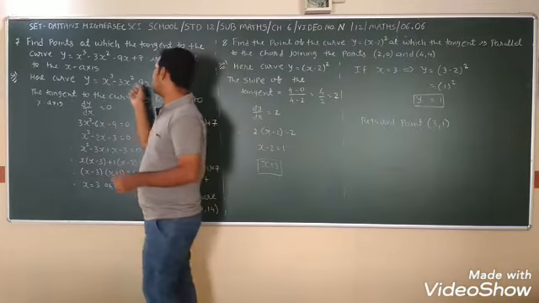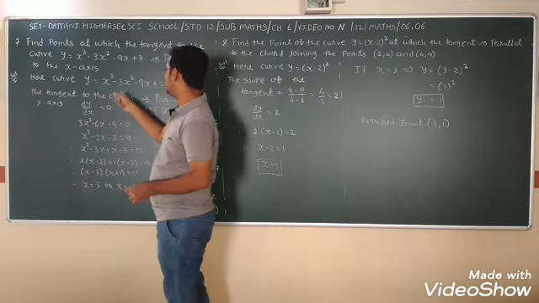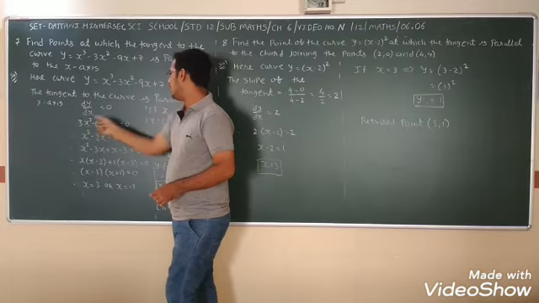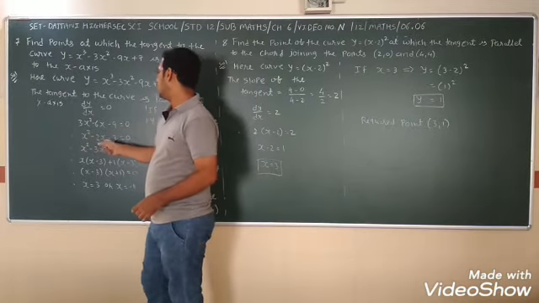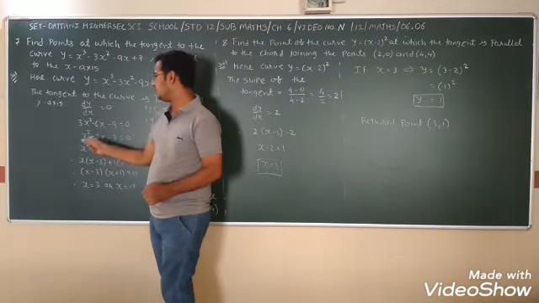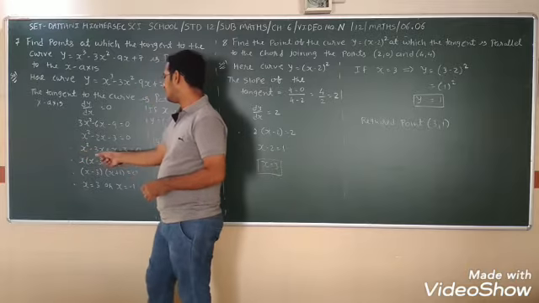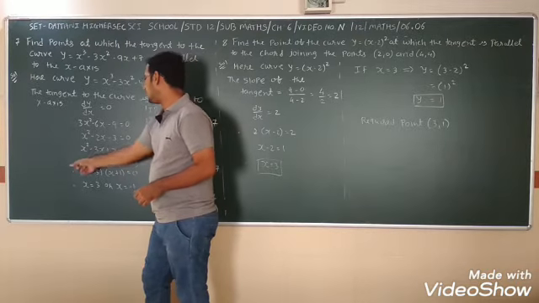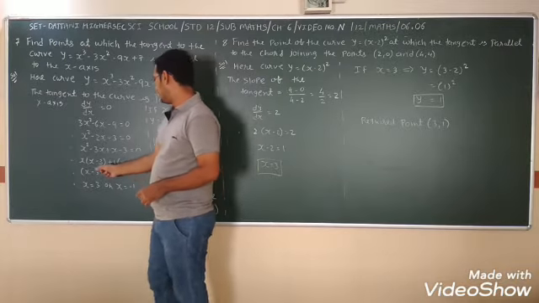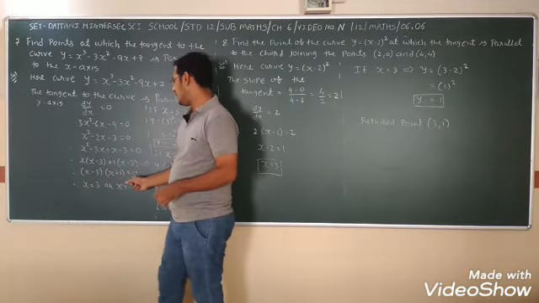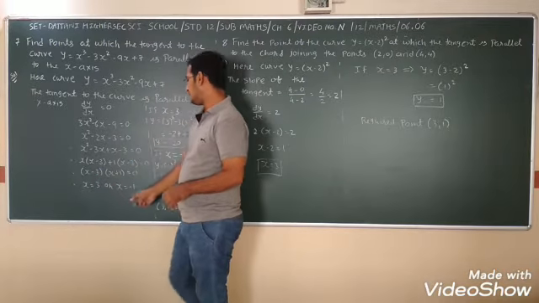Now the curve is given, so take the derivative with respect to x. You get 3x square, 2 comes down, 6x minus 9. Take 3 common, so we are left with x square minus 2x minus 3. 3 ones are 3, with the help of subtraction I need minus 2, so minus 3 plus 1. x square minus 3x plus x minus 3, x common: x into x minus 3, plus 1 into x minus 3 is equal to 0. It means the factors are x minus 3 and x plus 1. Comparing with 0, we get x is equal to 3 or x is equal to minus 1.